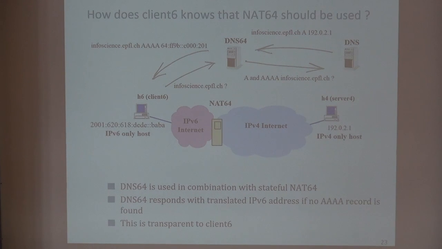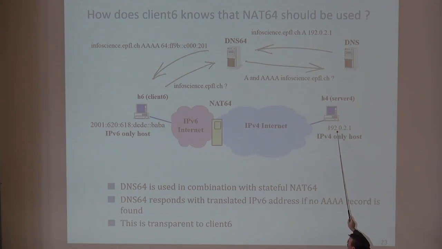Now, of course, what I have not explained is how do we know that we should go via the NAT, for example. Well, typically, again, this is DNS that plays an important role. So this client here wants to go to this server, probably not because it knows the IP address.